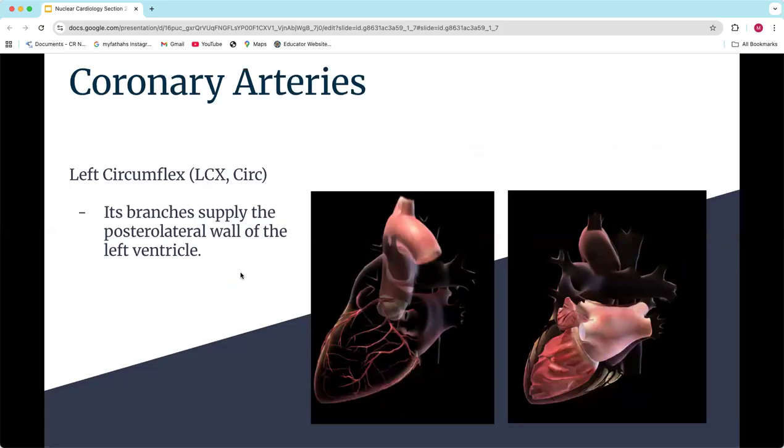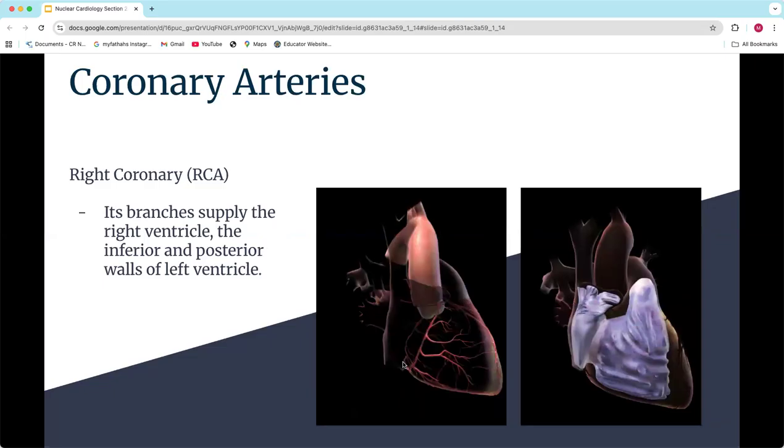Okay. The next one is the circ. This is the circ, also comes off that left main where it branches. It's going to go kind of lateral to the lateral wall, and then it swings posterior as it gets up underneath the backside of the heart. So it swings lateral and then posterior. So it's on the posterior lateral wall of the ventricle. I tried to give you a lateral view of the ventricle. So you can see here that it swings out towards the lateral side and then comes down to the posterior. That's kind of where it's feeding, and then swings around that backside.